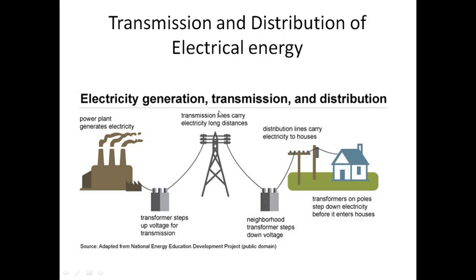After transmitting, that large voltage is again stepped down by a transformer, and then it is given to your industries or domestic applications, right? So the power plant will be generating electricity, that is stepped up, then transmitted, then stepped down, and then given to the domestic appliances. And this is the concept behind your transmission and distribution.